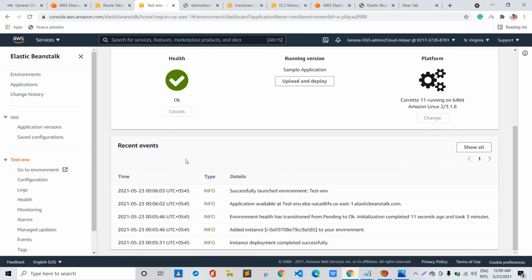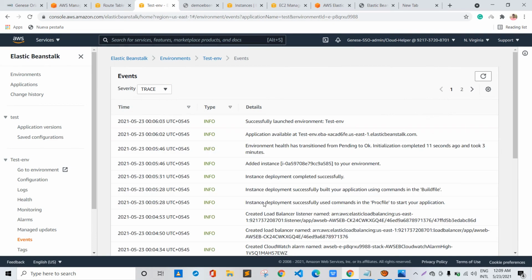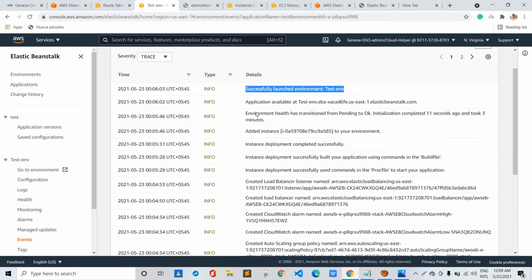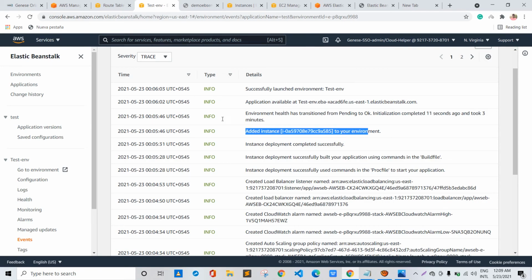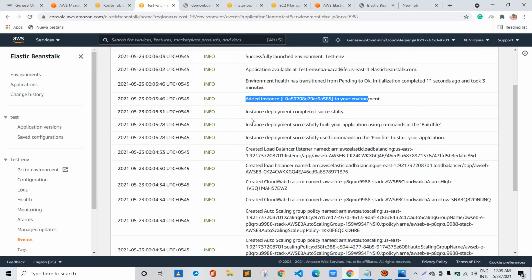and look at the recent events, if I click on show all, we can see certain details about the events that have occurred. We can see that it successfully launched environment test-env, the application is available, the DNS name has been made available, the environment health checks have also been made, instances have been added to the environment, and deployment has been completed.